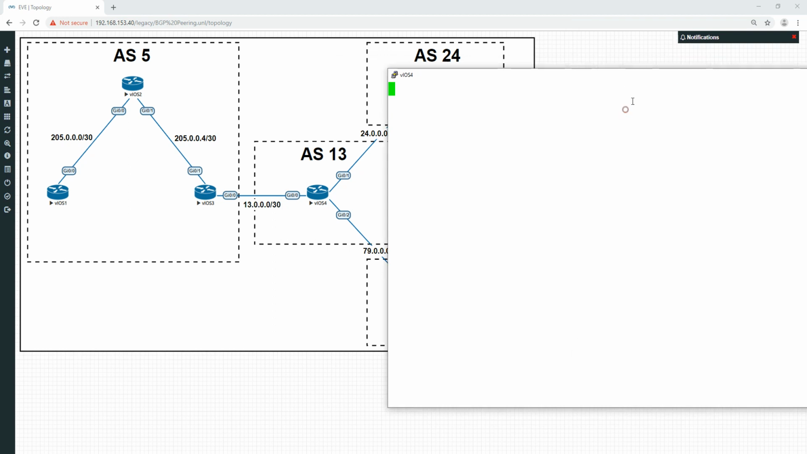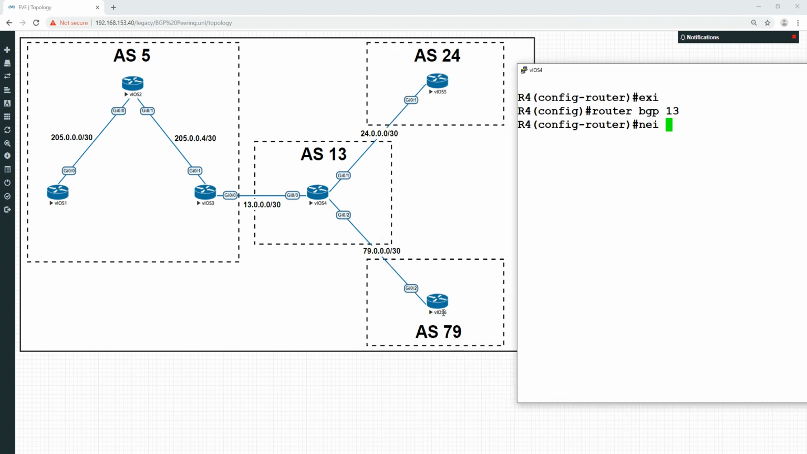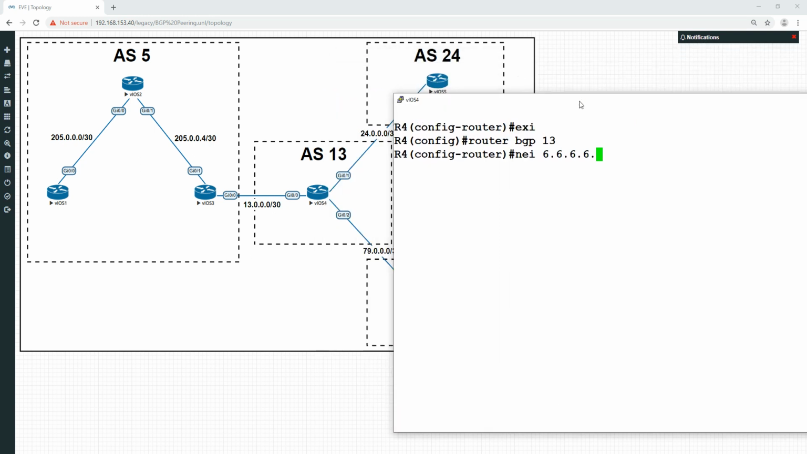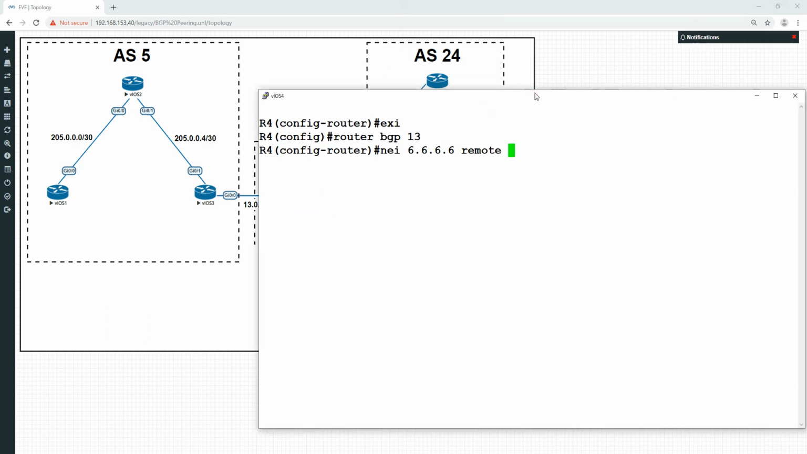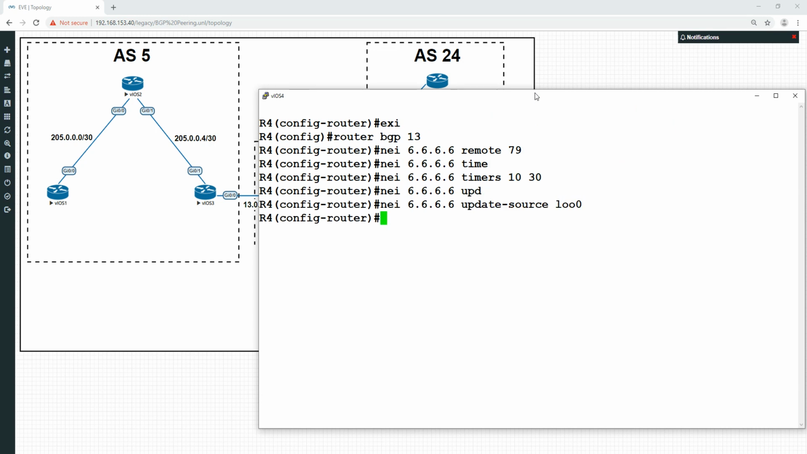And we shall do router BGP 13, and the neighbor is going to be all the 6s because it's loopback 0 of 6.6.6.6. So we'll do neighbor 6.6.6.6, and remote AS is going to be 79. Neighbor 6.6.6.6 timers 10, 30. Neighbor 6.6.6.6 update source is going to be our loopback, so we're going to be appearing from 4.4.4.4 in our one, and we'll do neighbor 6.6.6.6 password of Cisco. Okay,